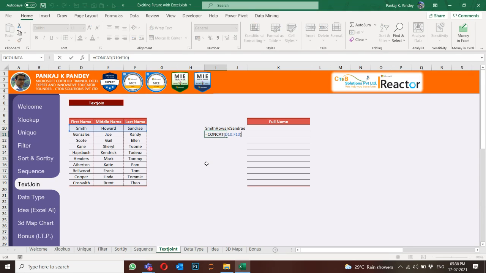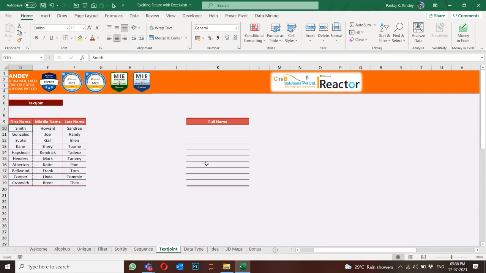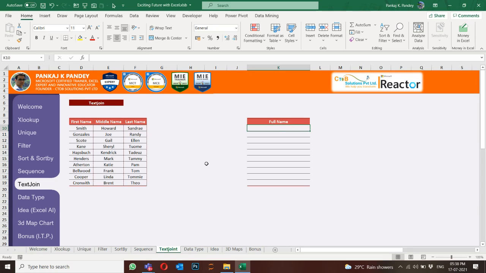Now, still the problem is that I want to combine this first name, middle name, and last name, and I use a formula like CONCAT. I'll select in one go. But the problem is there is no space. I need to add a space, and by default I'm selecting a range. There is no way, so for that I have to use